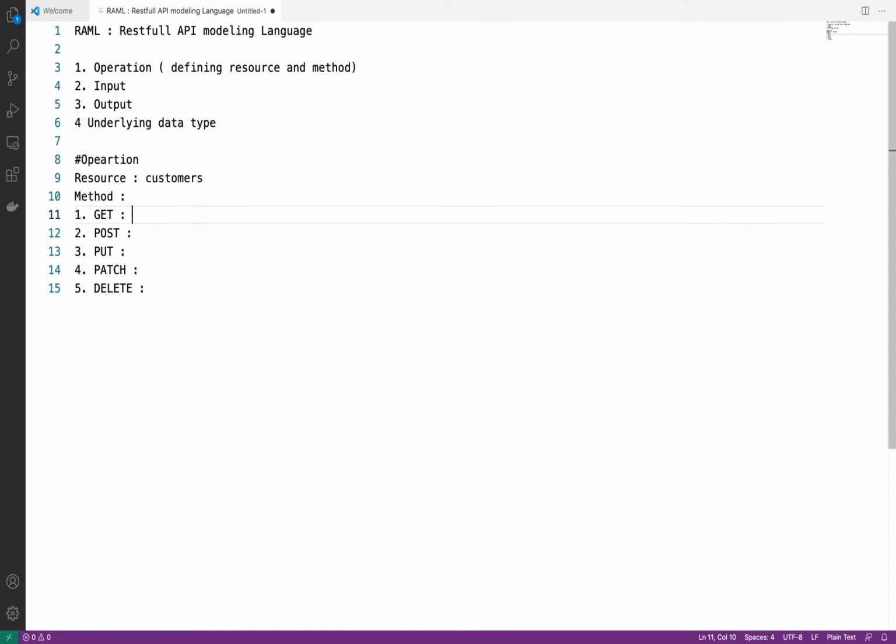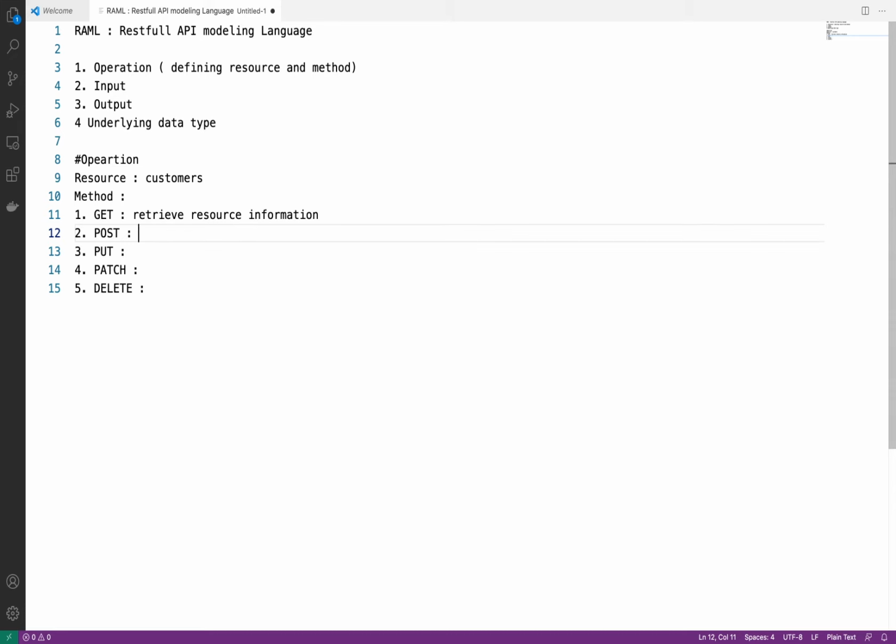So first we will discuss the get method. We use the get method to retrieve resource information. Whenever we want to retrieve any resource information or find the state of any resource, at that time we will use get method. For example, I want to get the customer detail, so I want to retrieve customer information. At that time we will use get method. Then second, post method.